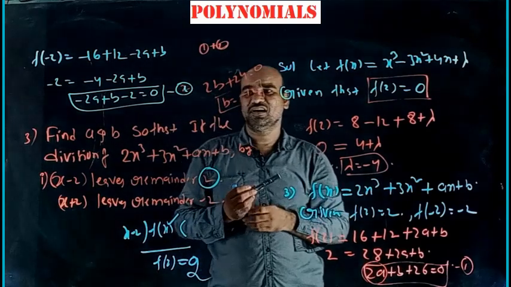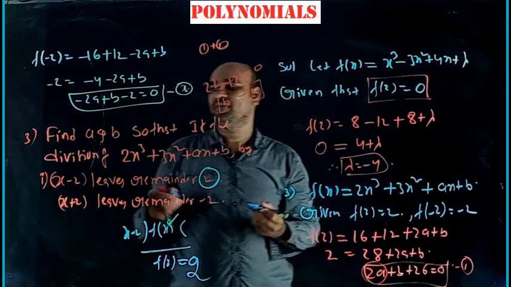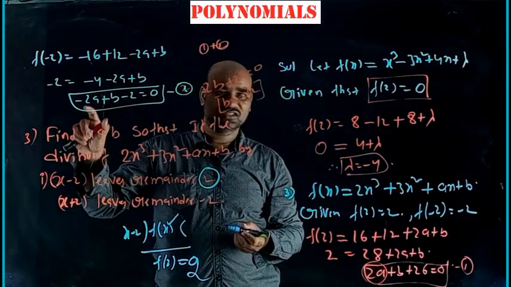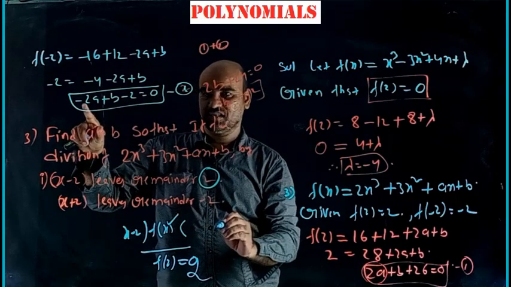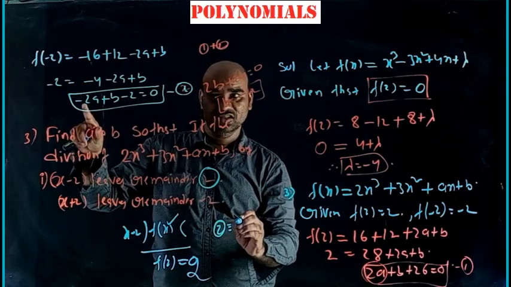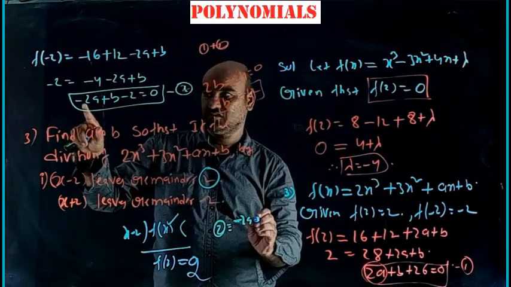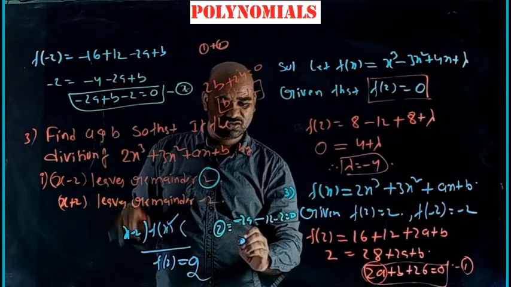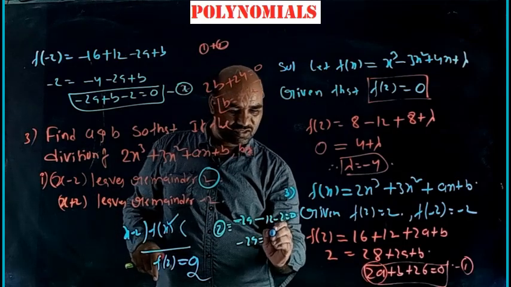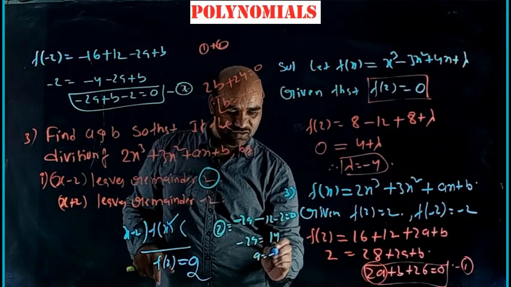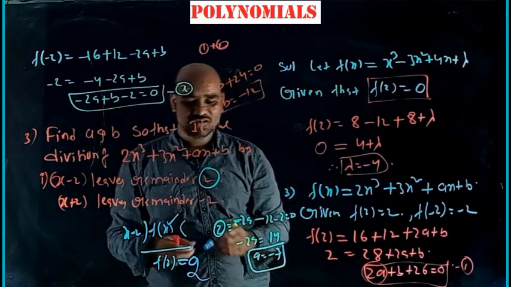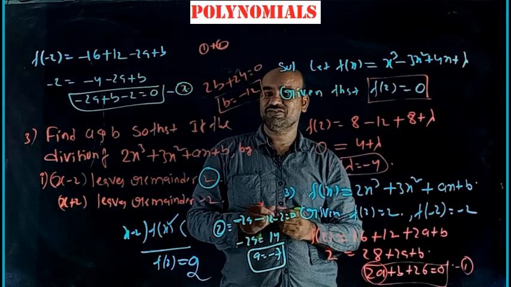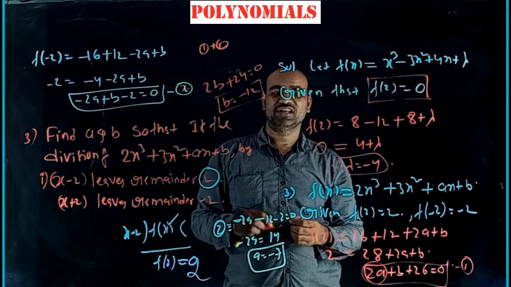Now corresponding a value we want. You can substitute anywhere. So I am using this equation. So minus 2a, I can say this second equation, minus 2a, b means minus 12, minus 2 equal to 0. Minus 2a equal to, that is 14. A equal to minus 7. Therefore, the required value of a is minus 7. The required value of b is minus 12.